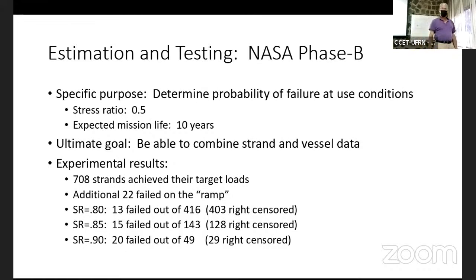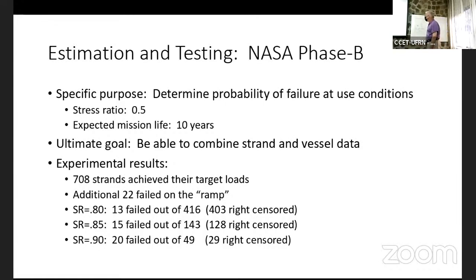Literally, these things die very quickly or they last forever. We censored at 168 hours. That's exactly 1 week. 7 days times 24 hours is 168 hours. So we can turn the equipment around. We had 32 test stands in a facility at White Sands, in between, it's at Las Cruces, New Mexico. And it took a year to run this experiment. Okay? So far, so good?